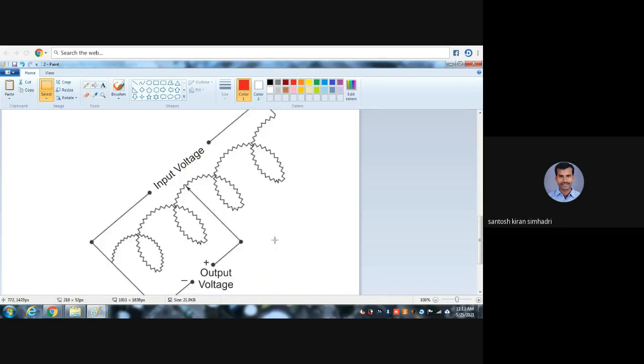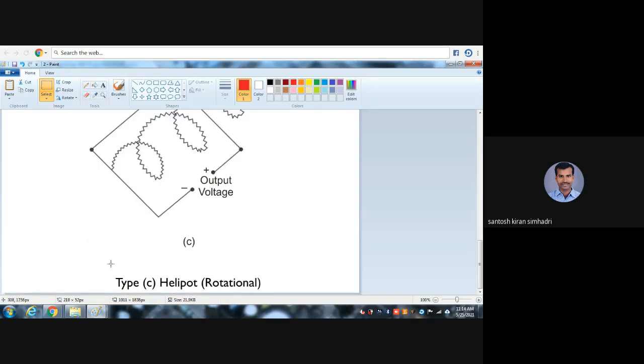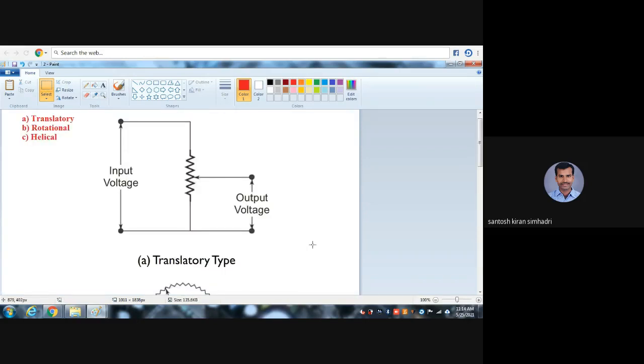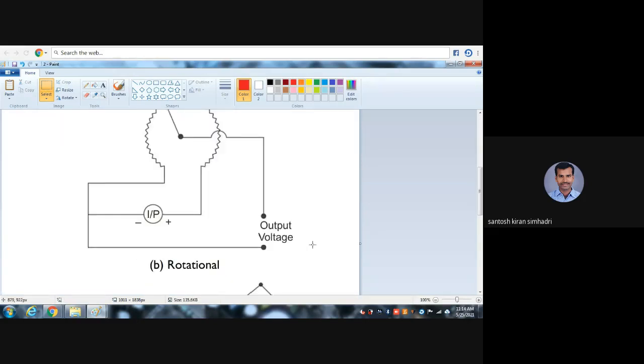Then you come back to this, which looks like two types. One is the straight line and another one is the rotational one. The combination of translatory and rotational is called a helical. So simply I can write this is a helical part. That's all. Okay. Now I will save this document. If any matter is required, definitely I will explain.